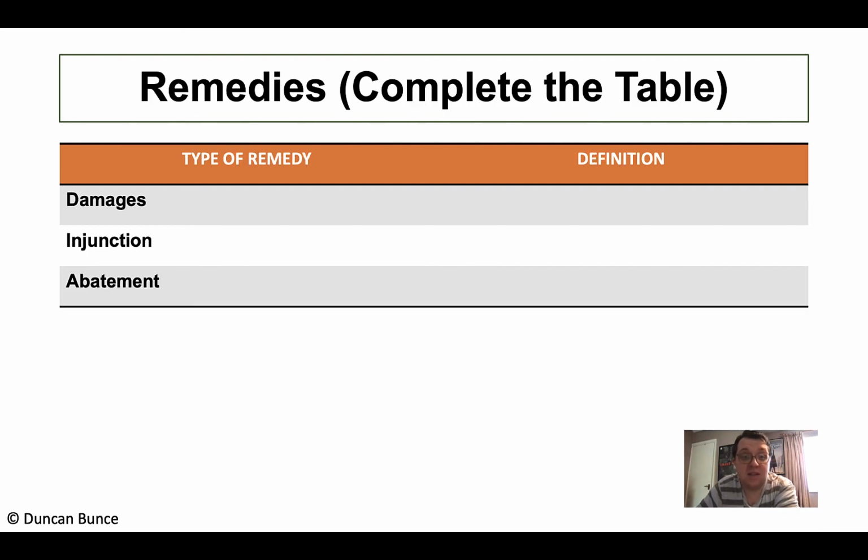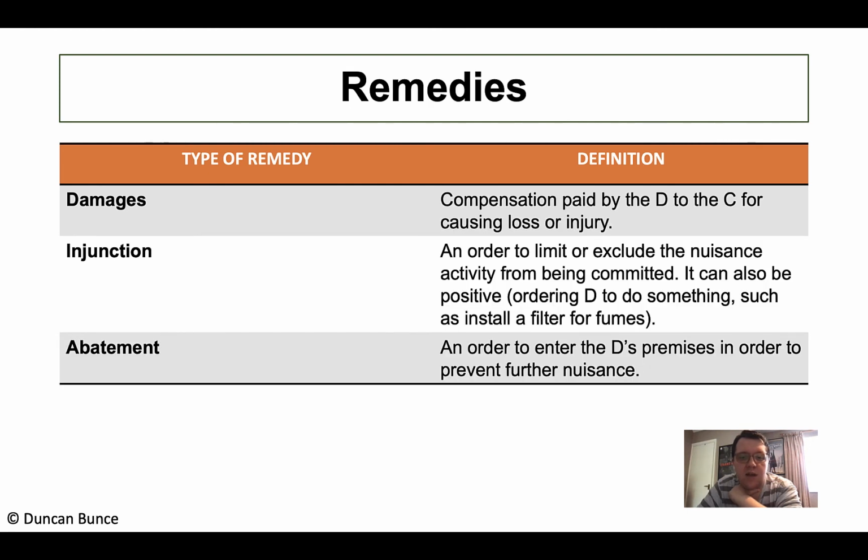Also need you to complete this table, and this time correctly it is the type of remedy. So this really finishes off, as I say, private nuisance as well. You've got damages, you've got an injunction, and I think also more so for Rylands and Fletcher you've got abatement. So if I switch that, here's our table.